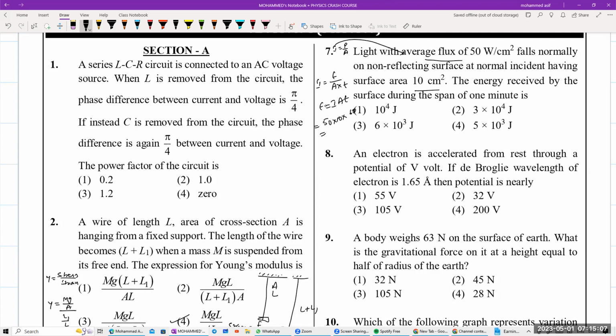Question number 8. An electron is accelerated from rest through a potential of V volts. If the de Broglie wavelength of the electron, you can do this too, beta. The de Broglie wavelength is given in terms of potential. Do you remember the formula? Lambda is equal to 12.27 divided by root of V. Direct shortcut formula in terms of potential. If this is not remembered, then you should have remembered the formula